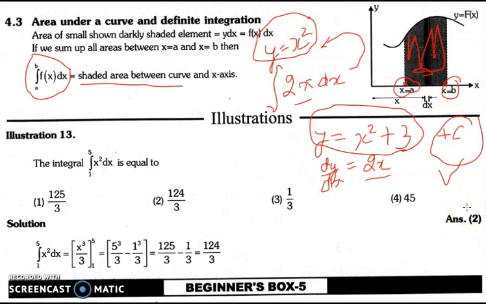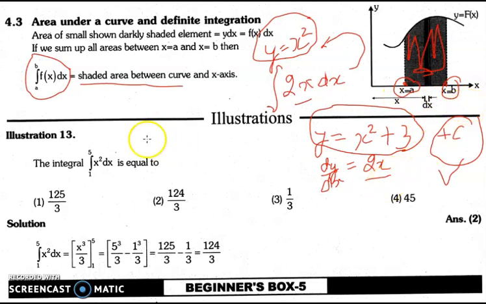ठीक है, मतलब वो c की वैल्यू कुछ भी हो सकती है, इसीलिए हम उसको आर्बिट्रेरी कांस्टेंट बोलते हैं, और वो इनडेफिनेट इंटीग्रल में ऐड करना जरूरी है. डेफिनेट में जरूरी नहीं है, because definite integral is already having the limits. हमें पता है कि कहां से लेकर कहां तक इंटीग्रेट करना है, since in this case it has been told to integrate from x is equal to a to x is equal to b.